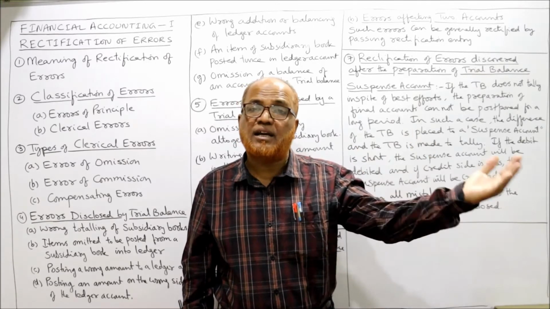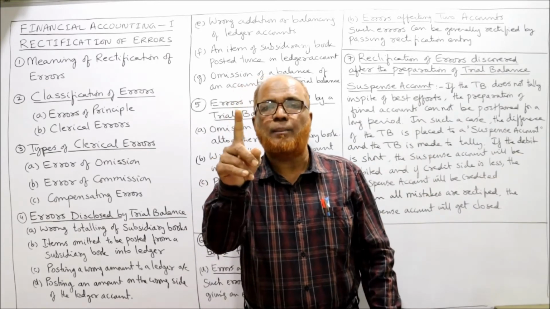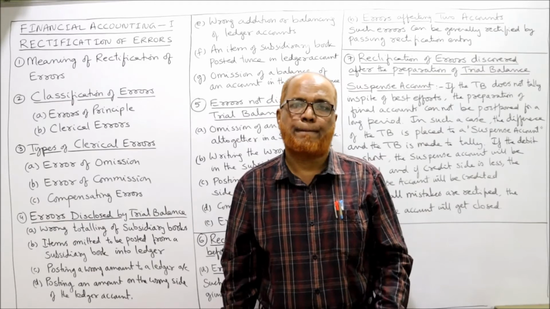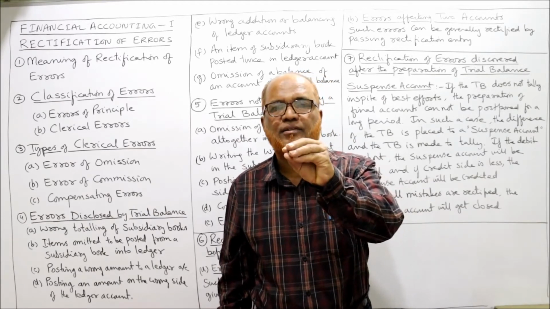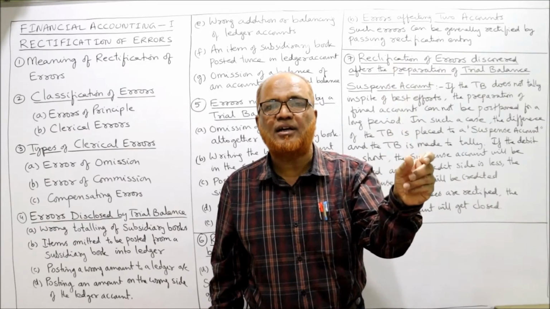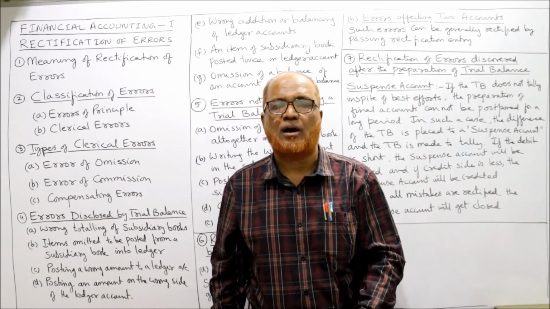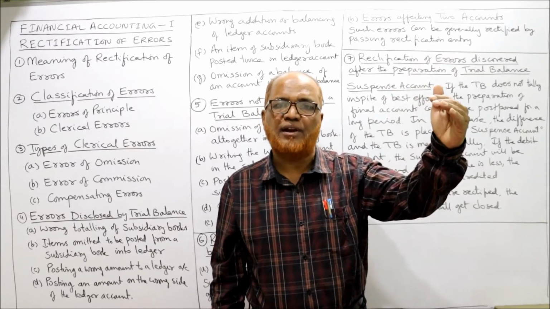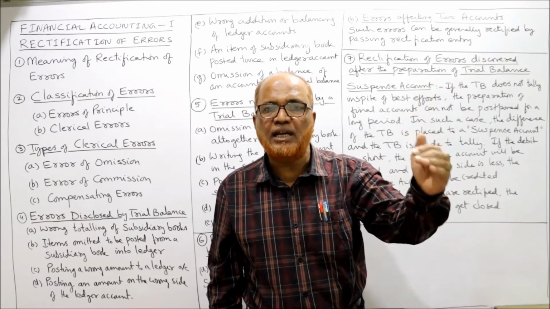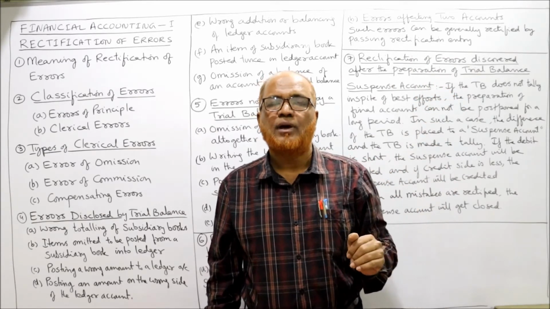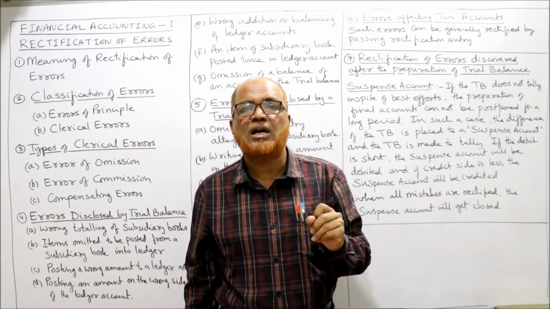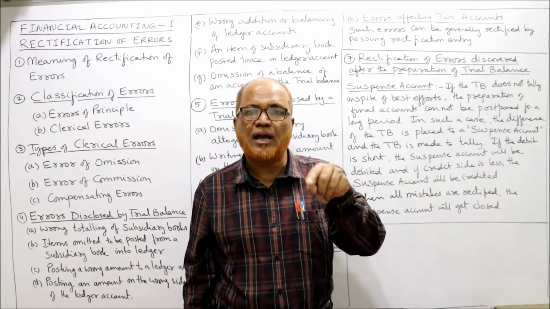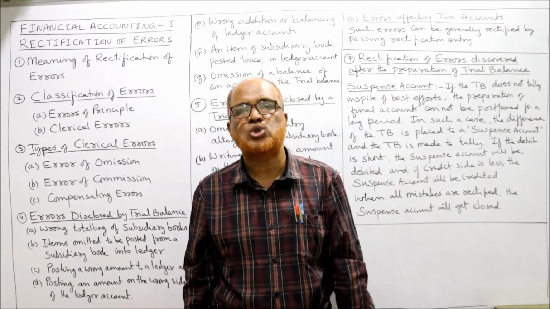But while crediting the parties account, one of the parties account was not credited. 5 parties, we have purchased the goods from 5 parties, but we have credited only 4 parties account. A, B we have credited, C we forgot, D and E we have credited. So out of 5 parties, 1 party's account we have not credited. Again, this error will be disclosed by the trial balance.